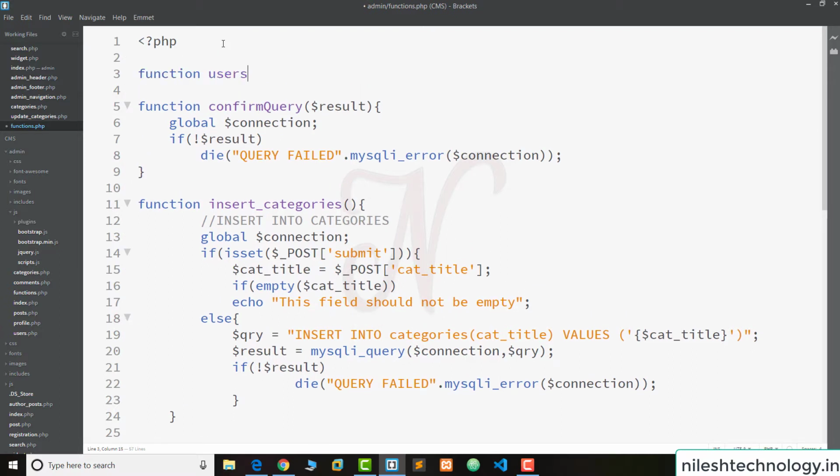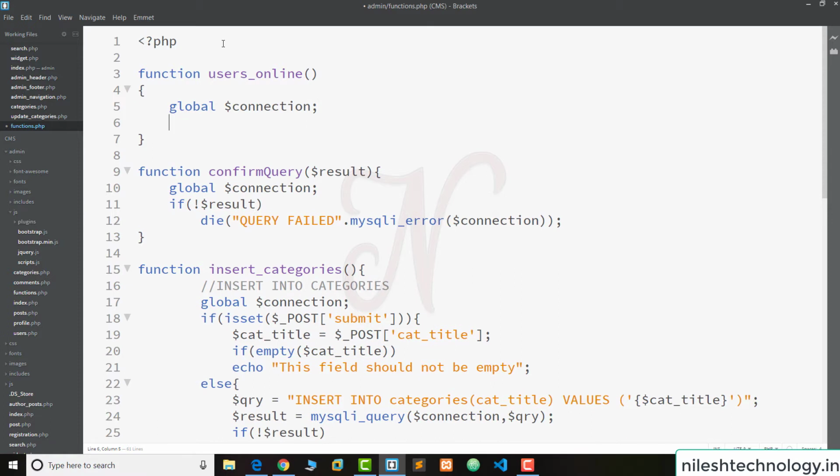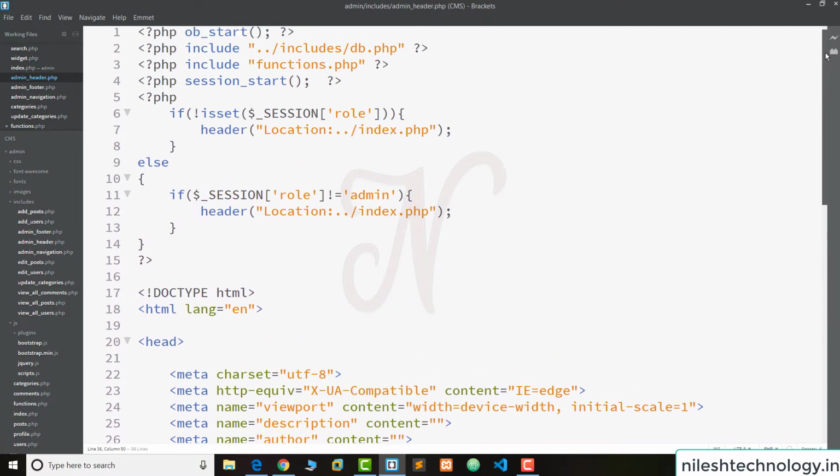The function name is users_online, and first we make the connection global, then we use a session variable and get the session ID. When we load our CMS dashboard, first the admin_header file runs.